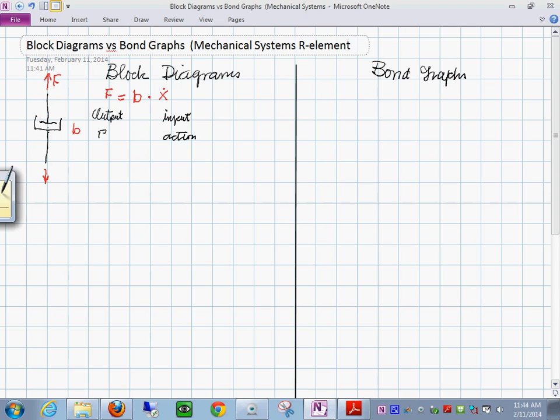Or this would be the reaction. Or you could call this the cause, and this the effect. Okay, all these things. I am doing this deliberately because if you have an input and you have an output,